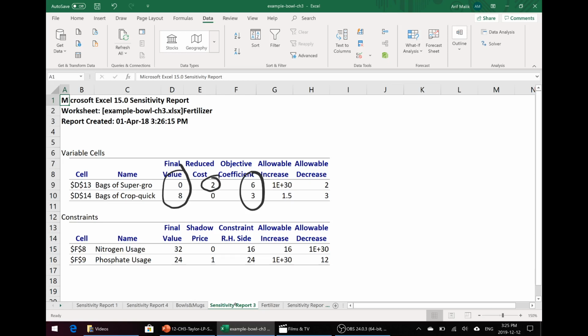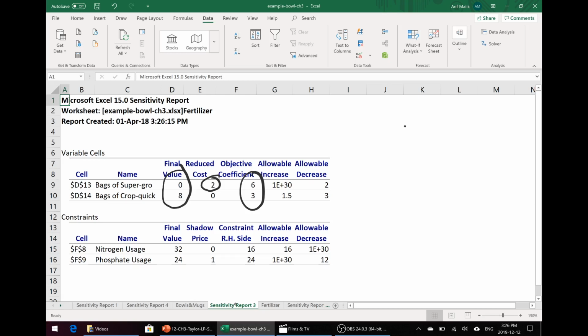The reduced cost is telling us that if you decrease the cost from 6 to 4, then the bag of Super Grow will be there, and we will have a new solution point. So this reduced cost is there. We can write down the